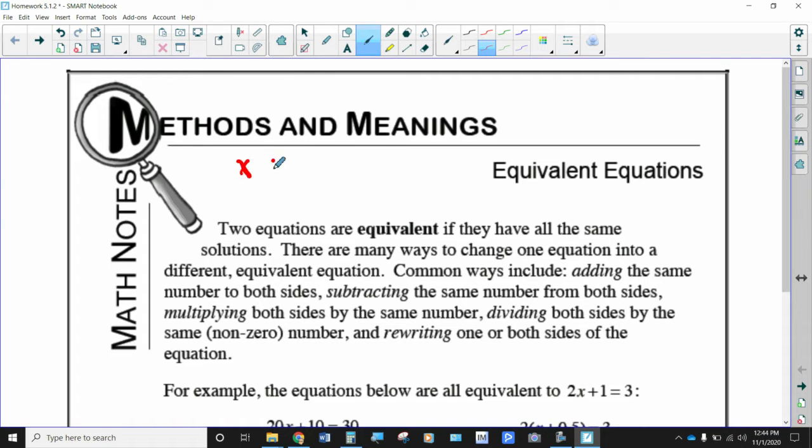If I take x plus 1 is equal to 5, and I decide I'm going to multiply every single term in that equation times 2, it would create an equation that said 2x plus 2 is now equal to 10. These two equations are equivalent to each other because x would be equal to 4 here because 4 plus 1 is 5, and it would also be equal to 4 here because 2 times 4 is 8 plus 2 is 10. So when you multiply every single term in an equation times the same number, you get an equivalent equation